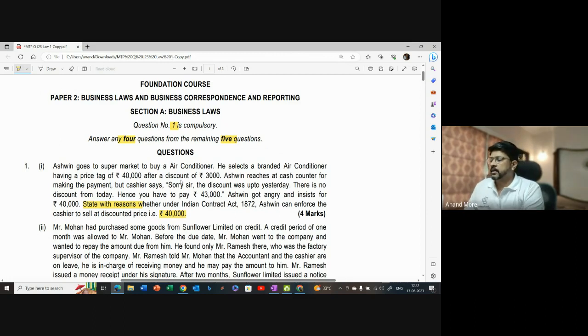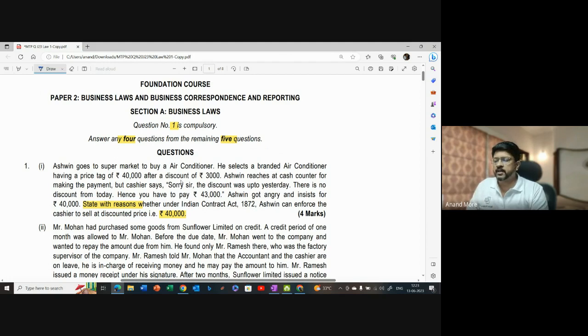In that case, remember, whenever there is a case law situation, you are able to divide your answer into 3 parts. Number 1, the provision of law. Number 2, the observations. And number 3, the conclusion. How are you going for it? As far as possible, please prepare 3 different paragraphs, each paragraph having a heading. This is the provision, this is the facts of the case, and this is the conclusion. That's what you are able to go for.